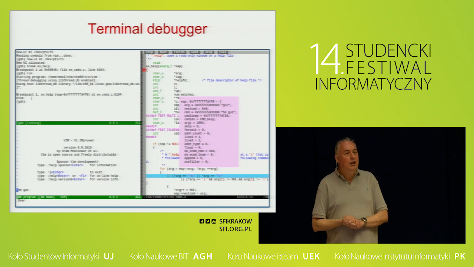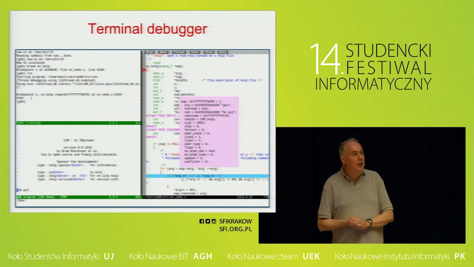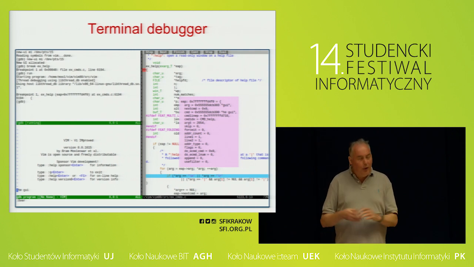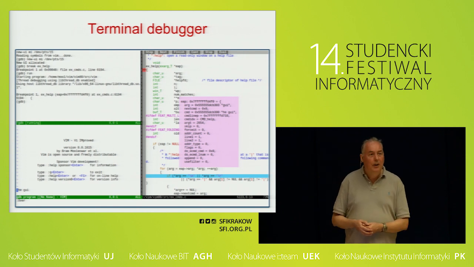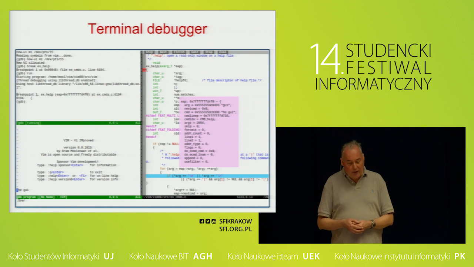So this is what I would like to make. In the top left, you see GDB. So that's a window on GDB running, so you can tell it to show the stack, set breakpoints, watchpoints, etc., everything that GDB can do. In the bottom left, you see Vim running, and it's really Vim in a window, in a terminal emulator, so it behaves like normal Vim. And on the right, it's the source code. So you can look at the source code.